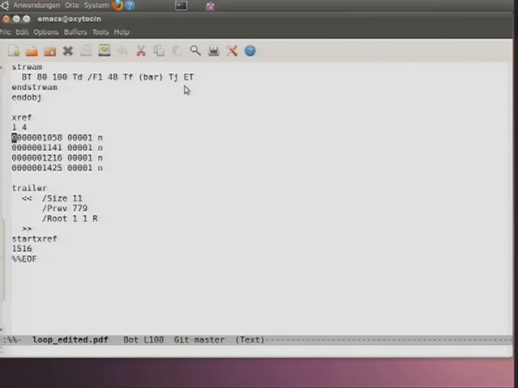If you've ever looked at a PDF, you see that at the end there's that xref section. What that is, is giving objects offsets in the file. So from that I know that object number 1 has byte offset 1058, object number 2 is 1141, 1216, etc. And PDF is an incremental file format, which means you can just add data to the end, and then you have a trailer dictionary. In the trailer dictionary, you say Prev, and that's the byte offset of the previous xref table,